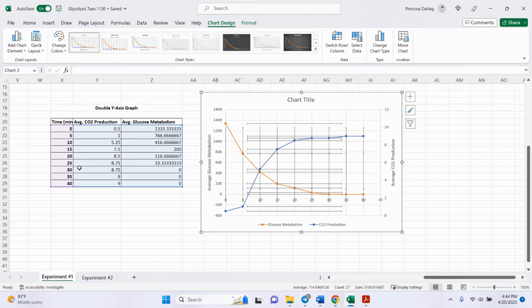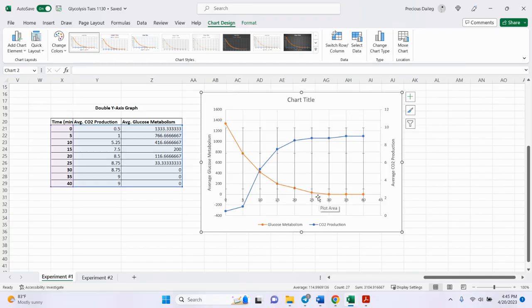And as you can see, it's pretty crazy, right? So what Excel is trying to do is it's trying to actually predict what you want, which for the most part is really not what you want. So you want to make sure that you adjust it accordingly. So for this particular assignment, it just wanted your Y error bars. So all of these horizontal ones, you can just click on them and press delete. Click on them and then press delete. Right? You do have two sets of error bars there,